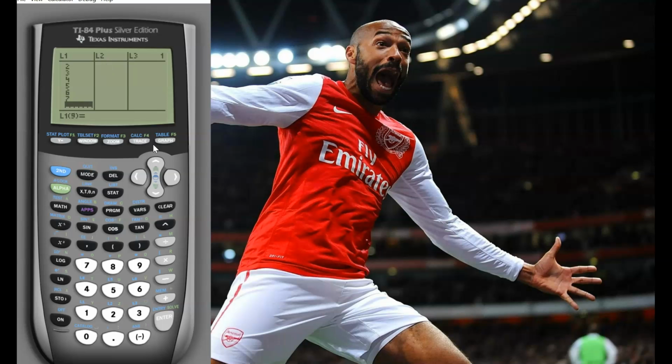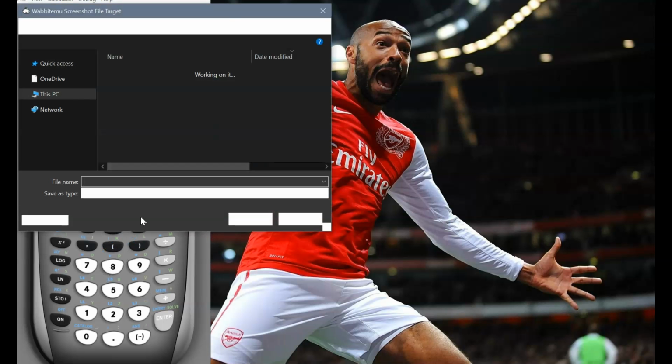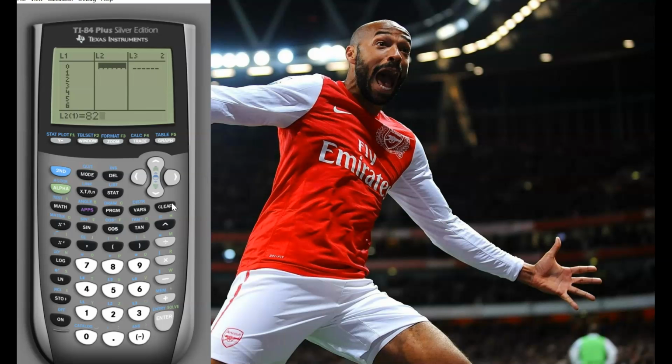Okay, and then enter your respective Y values. So arrow over in the L2 list. I'm going to enter my Y values. So 280, 295, 322, 395, 425, 471, 511,